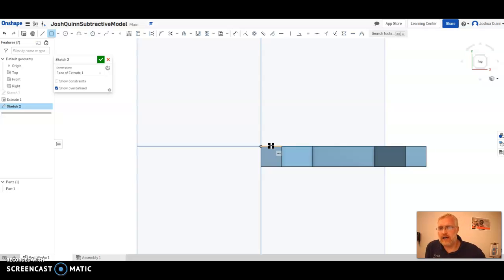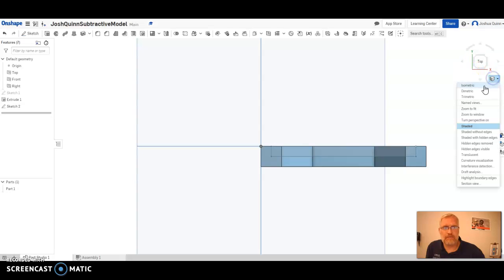That means that it's going to lock it in so that whenever I draw this, it's going to go from the midpoint of this one, and I want it to go to the midpoint of that one. So notice how I touched and then pulled it, and it's showing that it's locked in. And so now it'll always be at that. Notice how these lines are black. The only thing it needs to know is how far up do I want this dimension. So I click dimension. I'm going to click this line, pull over here to the side, and I want it to be 0.25, halfway. I say check,